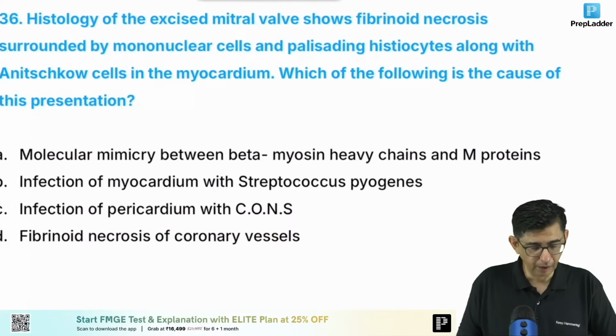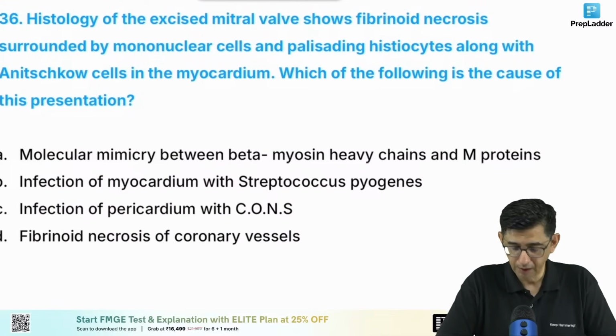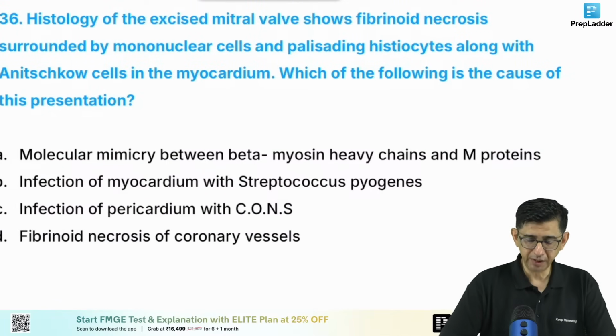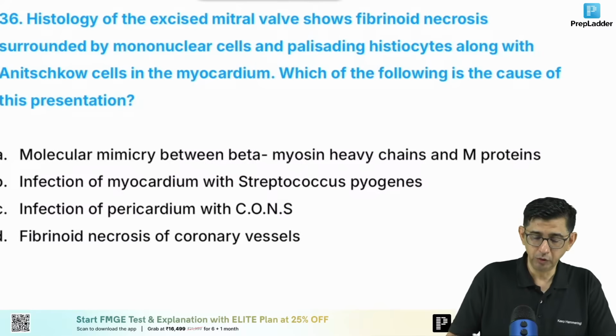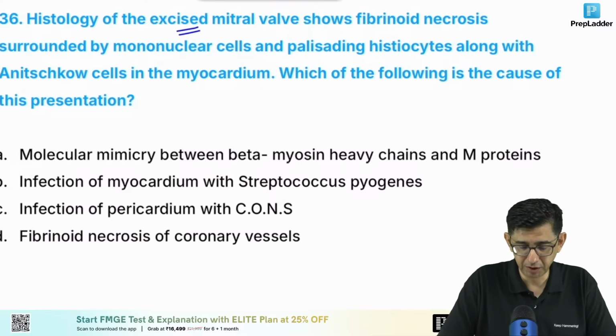Okay, moving to the next question. We have a tissue of excised mitral valve. This patient had either mitral stenosis or mitral regurgitation, and valve replacement was done. So now the pathologist has the excised mitral valve tissue, the original heart valve of the patient that has been removed,